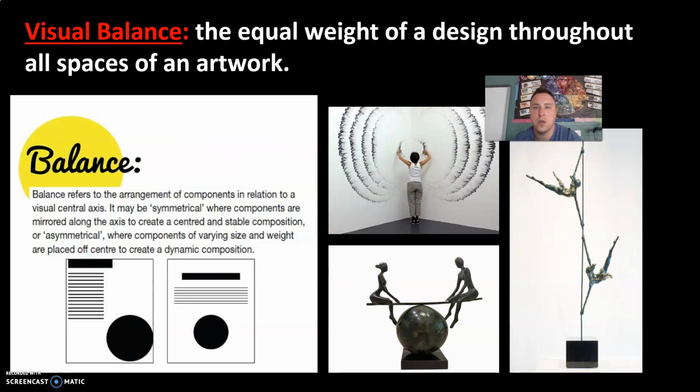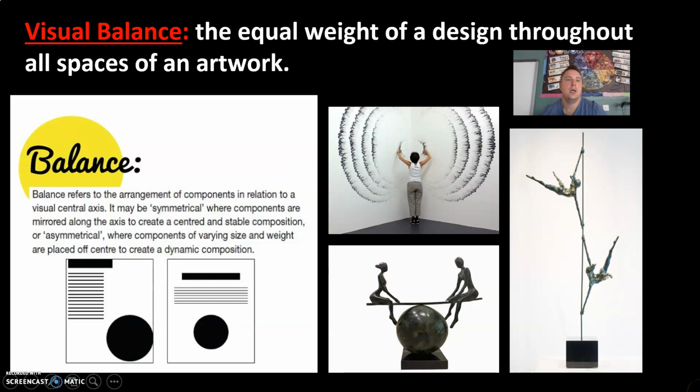Okay, so the next word is visual balance. Visual balance has to do with distributing the weight equally, so distributing the design throughout all the spaces of an artwork. Down here you have examples of visual balance. Even something simple like this canvas in this museum gallery, where these lines are balanced equally throughout. They're symmetrical. In this case, your design does not need to be symmetrical, but it does need to be used